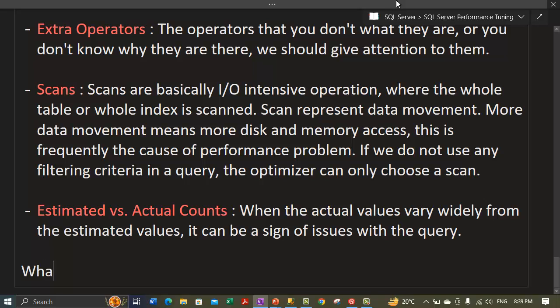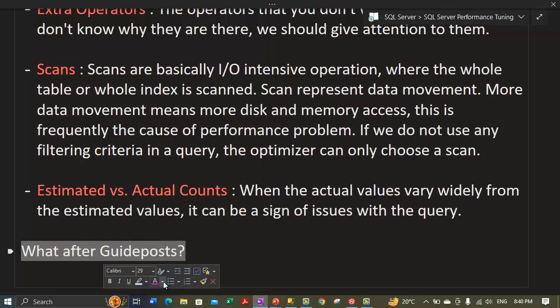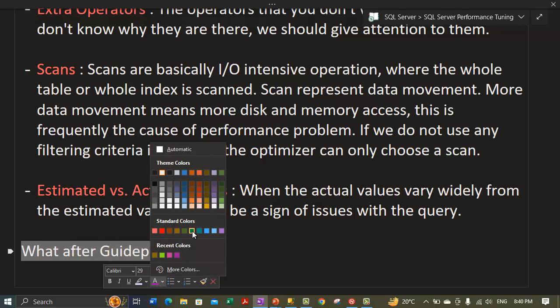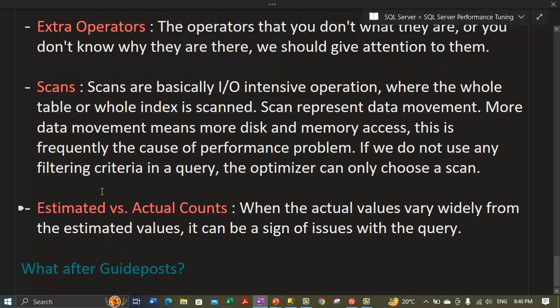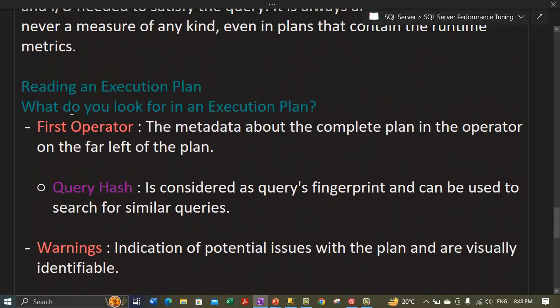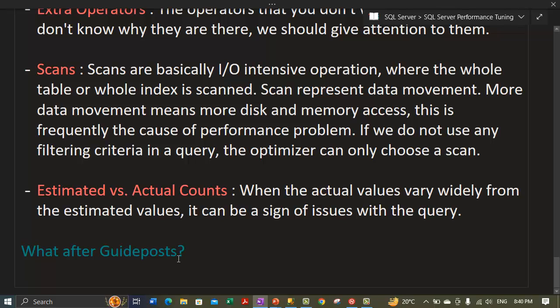So let me write the topic: what to look at after the guideposts given above. Let me make it a heading. So what things should we take a look at after we have taken a look at the guideposts? First of all, we can use these guideposts, these 1, 2, 3, 4, 5, 6, 7 factors. First, we should take a look into that, and once we are done with that,